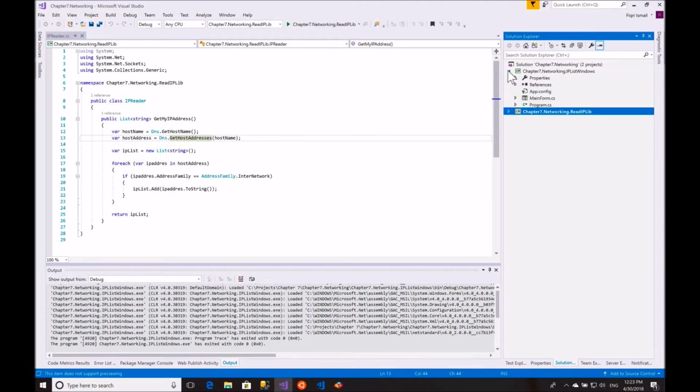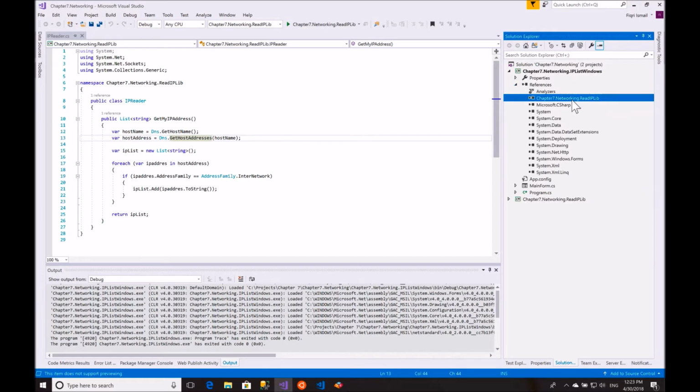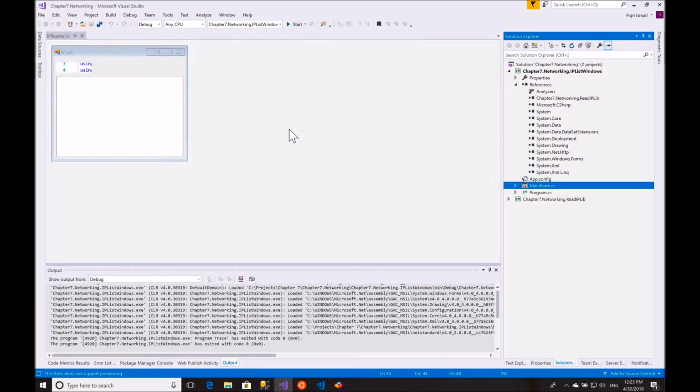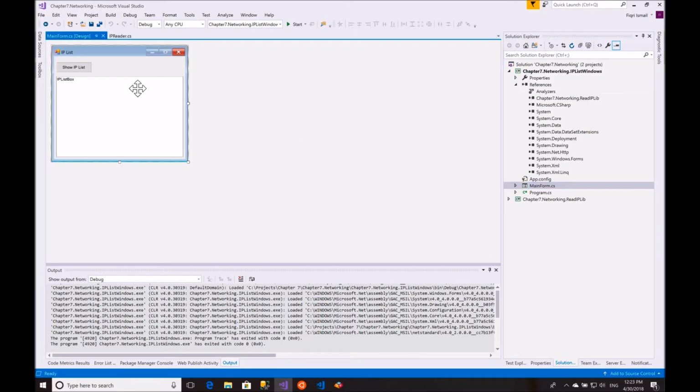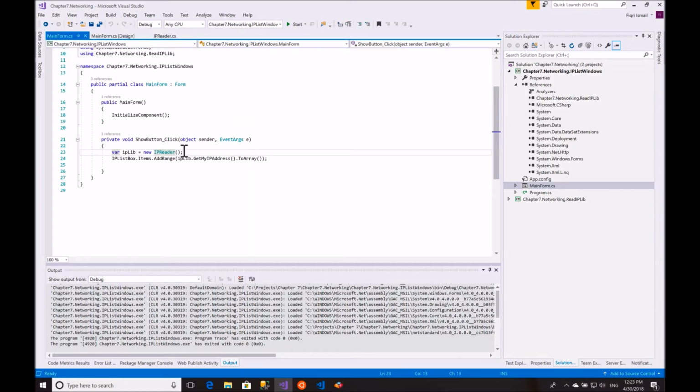And here inside the Windows classic application, as a Windows application, when you go under references, you will see the library is referenced here. And then in the main form, we double click the main form, you will see a button and a list box. Inside the button code, you will see the class is referenced here, and the list items box is populated with this method, plus we have the libraries